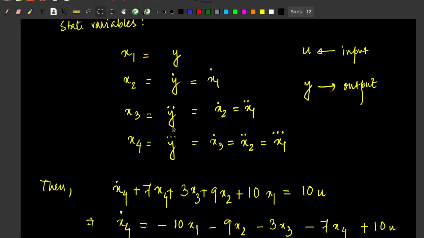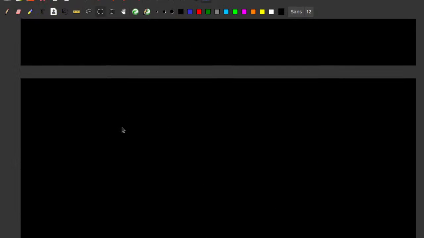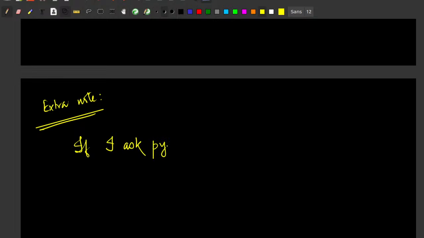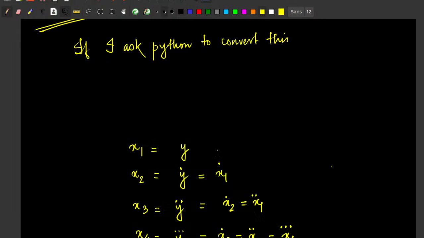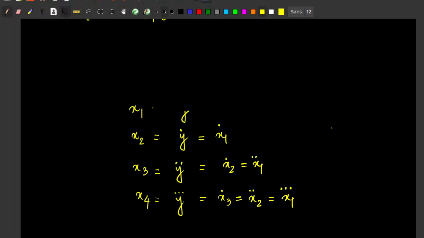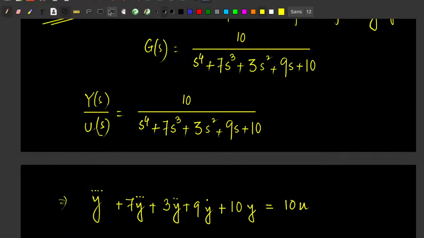Okay, so let me just write it down. So for your sake, you can verify this. Okay, extra note here. Okay, if I ask Python to convert this, and this, by this I mean this transfer function,